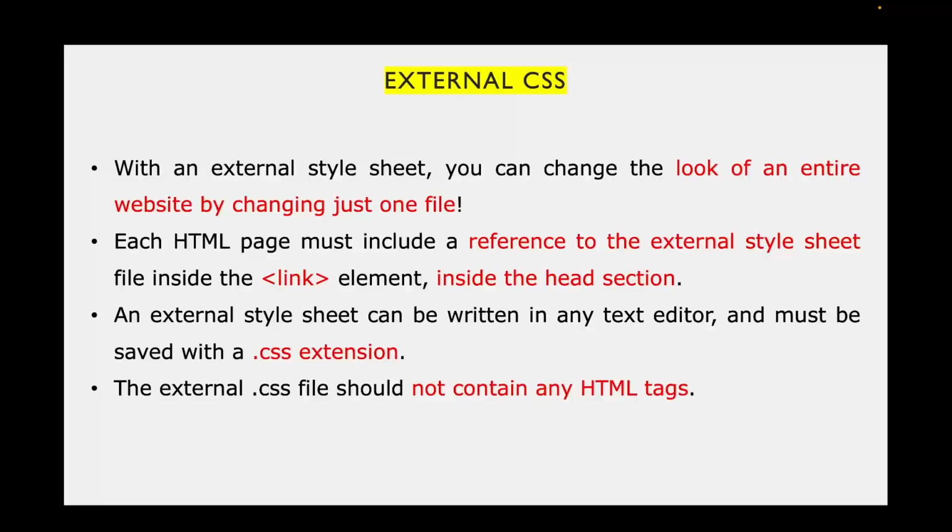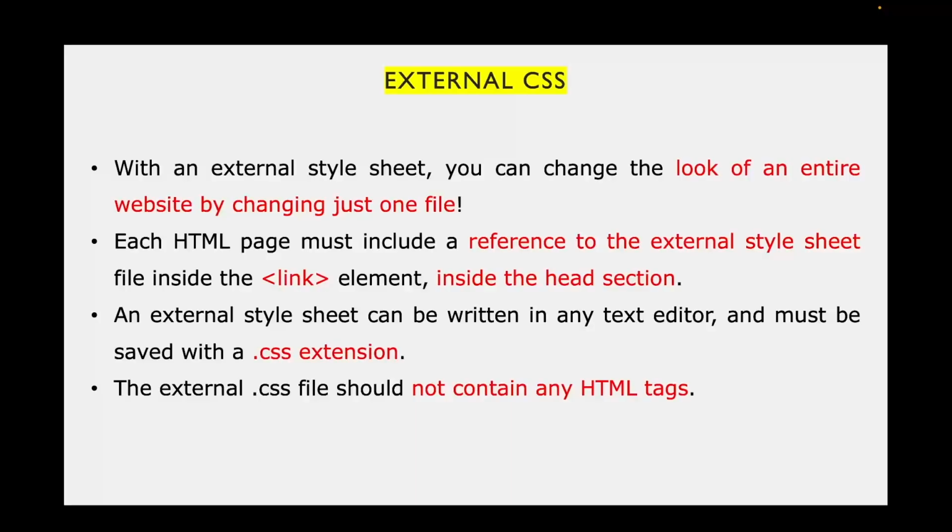External CSS. With an external style sheet, you can change the look of an entire website by changing just one file. Each HTML page must include a reference to the external style sheet file inside the link element inside the head section. An external style sheet can be written in any text editor and must be saved with the extension .css.